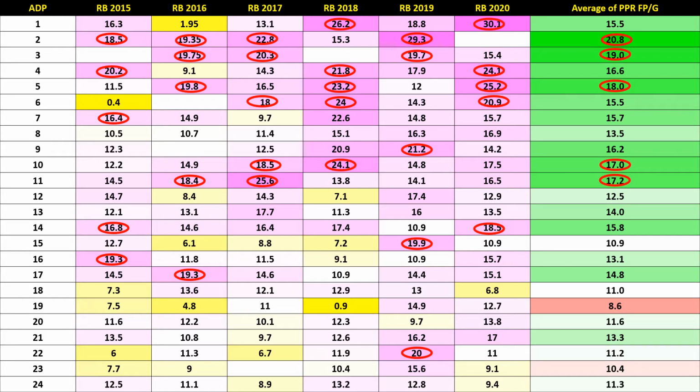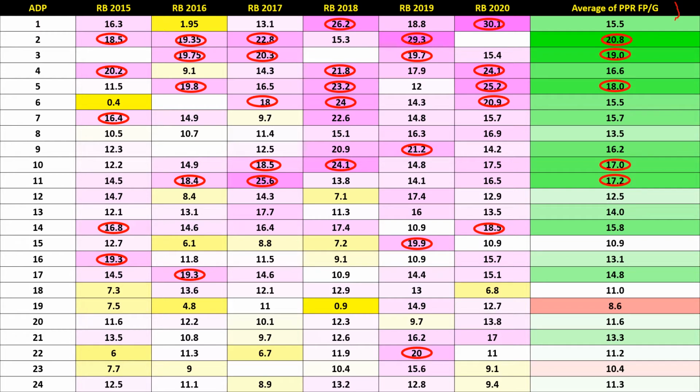So this is the ADP, top 24, and then the year for the running back, 2015 to 2020. Over here is the PPR fantasy points per game. The top five ADP positions are shown in the red circles.